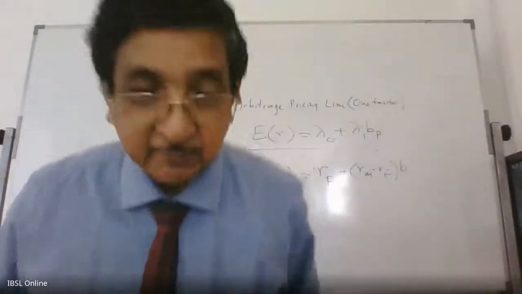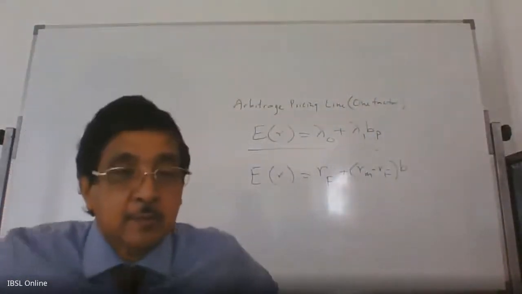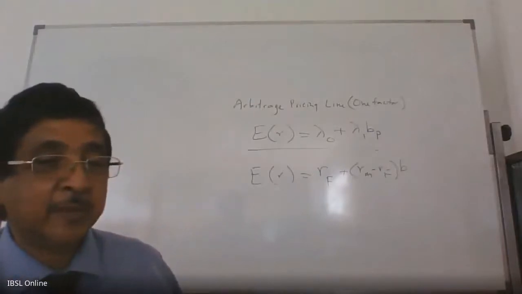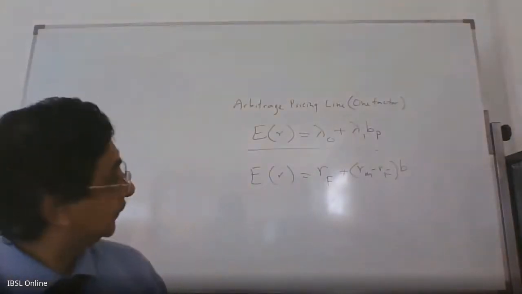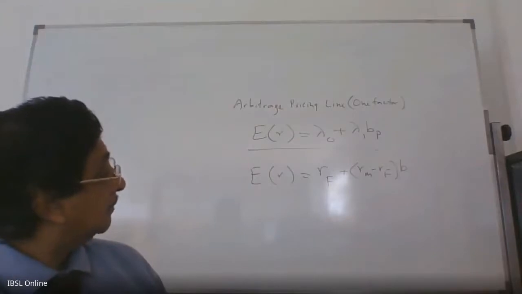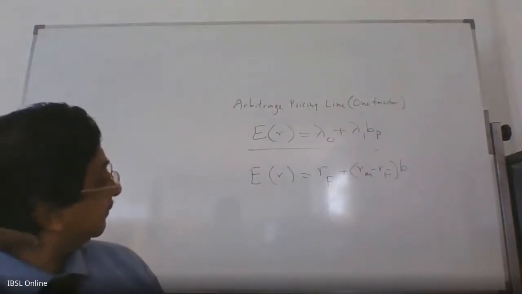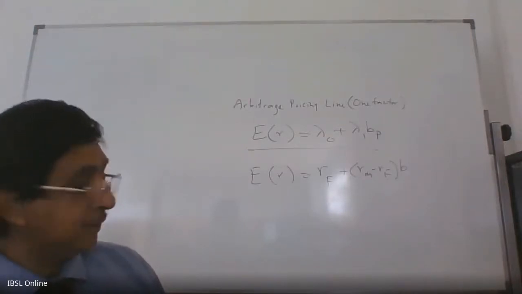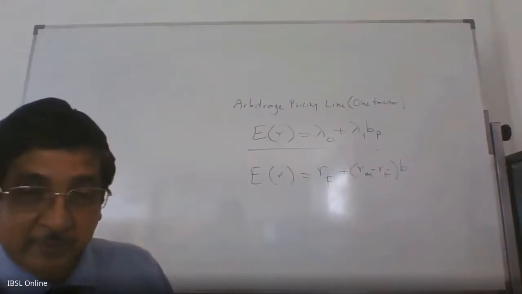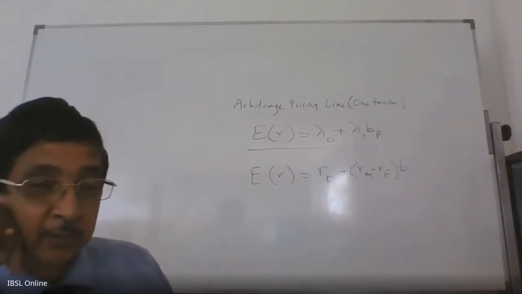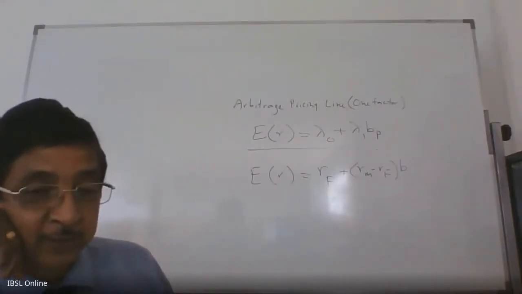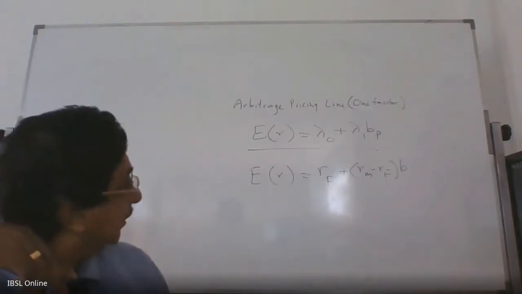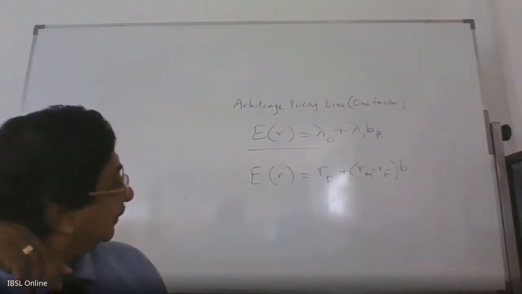Now you just see. You can compare both equations. Now the left hand side of the equation gives the expected return or equilibrium return. For both equations it is the same. But if you take the right hand side,